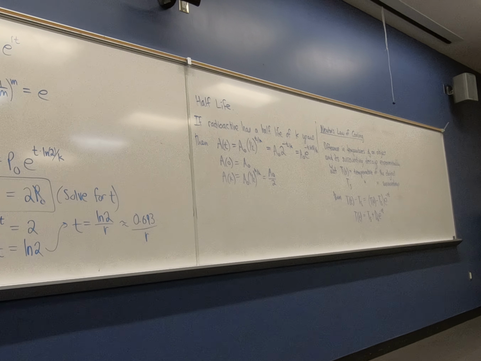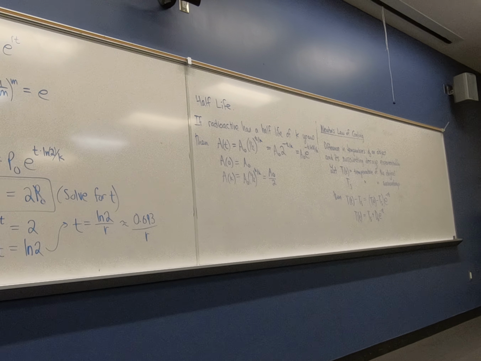I'm not going to name it because I don't remember. P naught is the initial population. And they're telling us that that's 25. Okay. And it doubles every 5